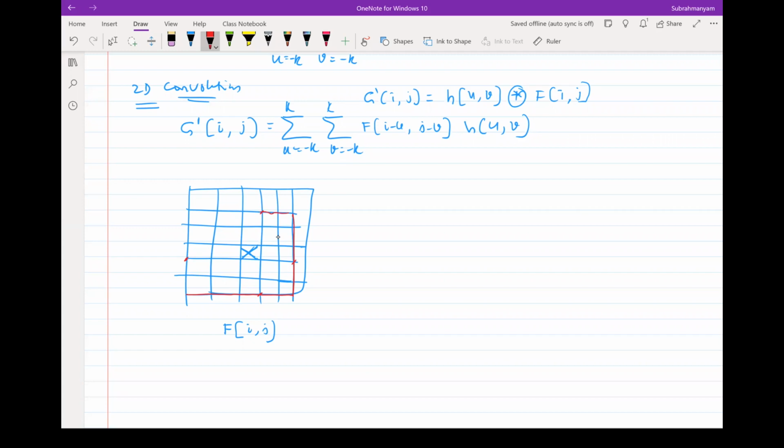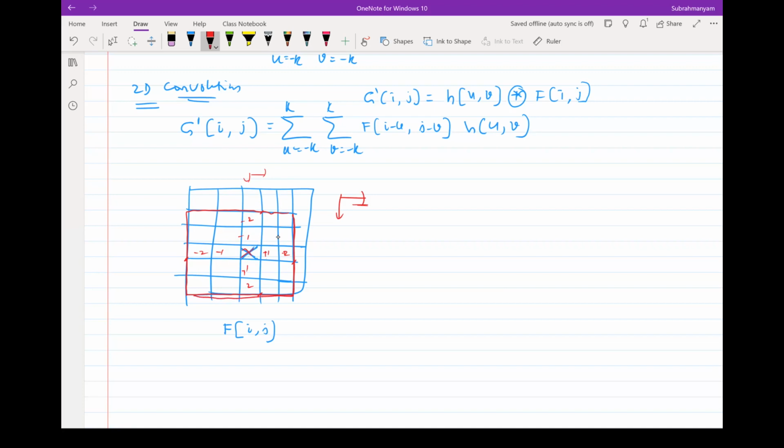Hope I'm drawing it correctly. Look at here, this is minus 1, minus 2; I'm just writing the indices there, not the intensity values or anything. It depends on how I am considering the axis. I could have written 1, 2, minus 1, minus 2. That's okay. If this is my notation, going in this direction is positive, so the index here is plus 1 and plus 2, and this is minus 1 and minus 2.